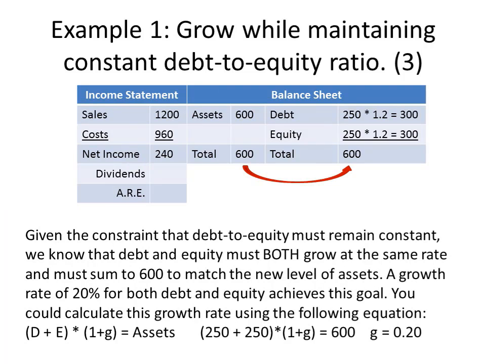Given that we know that the sum of debt and equity has to equal assets, and that we know we need to maintain a constant debt-to-equity ratio, we can now figure out how much debt has to grow and how much equity has to grow. Now, here's a hint. They'll have to grow by the same proportion or the debt-to-equity ratio will not remain constant. For instance, right now the debt-to-equity ratio is 250 divided by 250. That's a debt-to-equity ratio of 1.